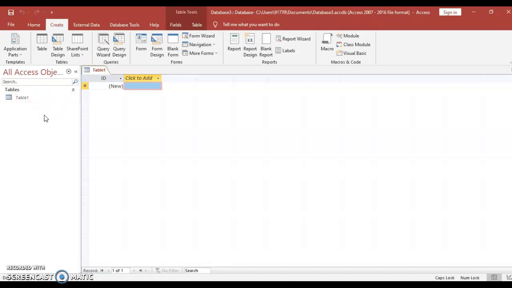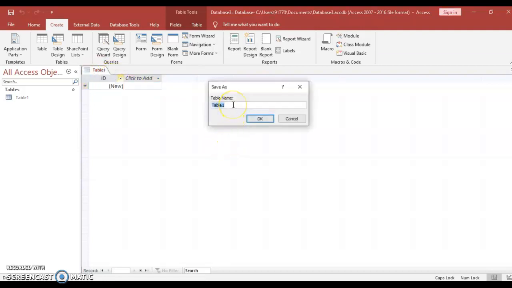So now we are going to add column data in the table. Here is your table. You can give name over here, that is table name. Click on save button. Then table name is, suppose I am giving the table name student.